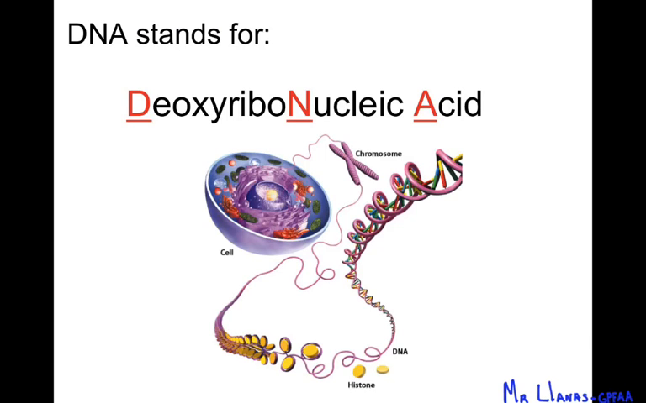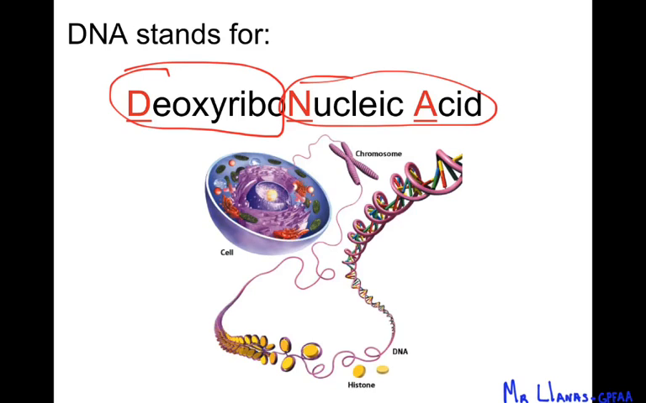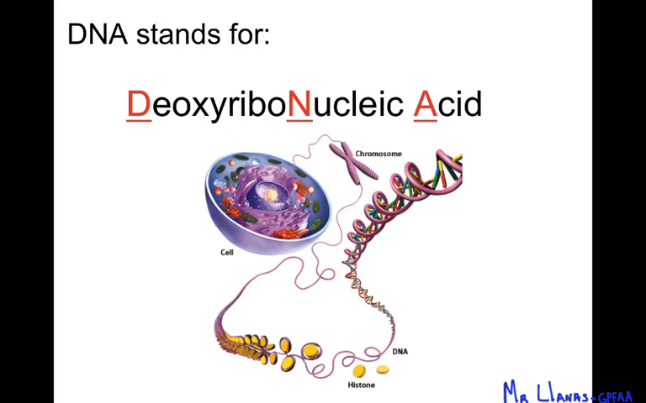Okay, DNA stands for deoxyribonucleic acid. The deoxyribo part is the name of the sugar that's actually in DNA, and the nucleic acid part comes from the type of biomolecule that it is. So DNA is a nucleic acid, and it has the sugar deoxyribose, so we call it deoxyribonucleic acid,